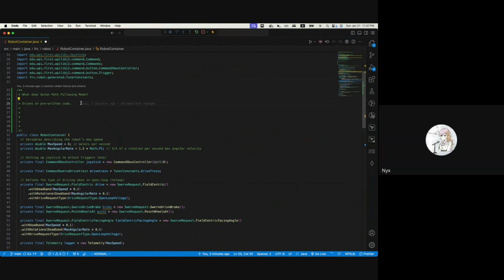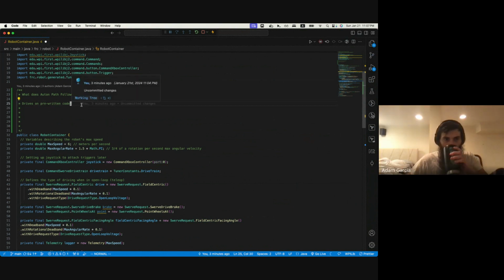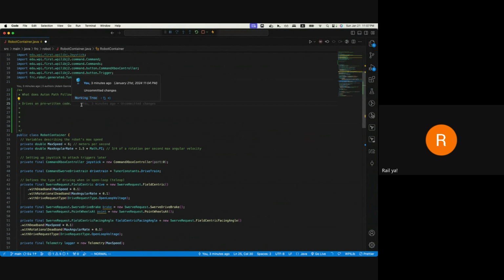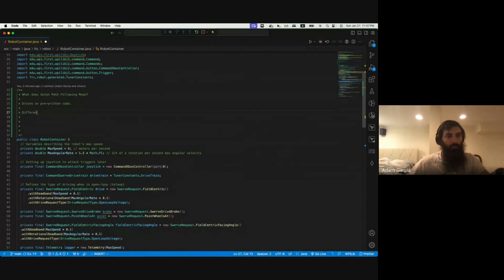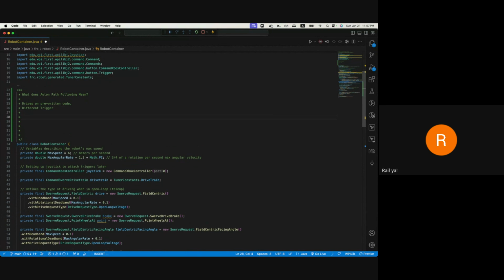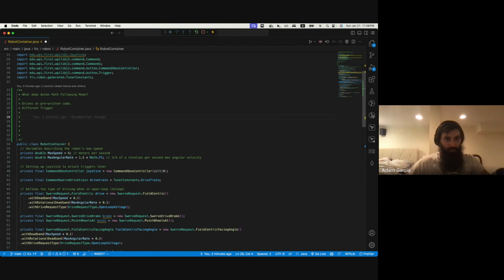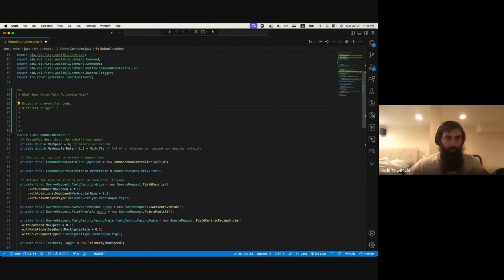Yeah, so let's expand upon this because you're on the right track. So you're going to need a different trigger then. Okay. So continue. It could be like when enabled or when the robot starts, it executes the command. Good idea. You brought up a few very interesting things, which are we are using command-based